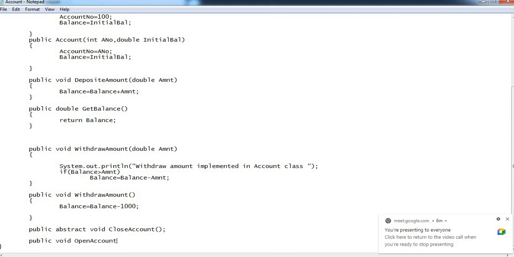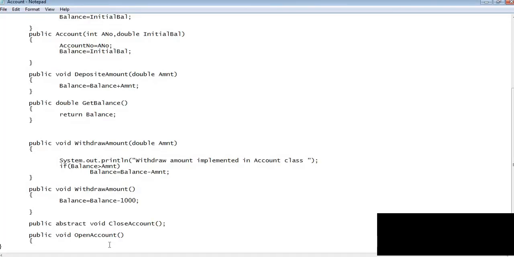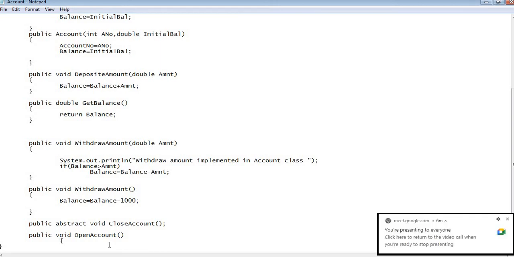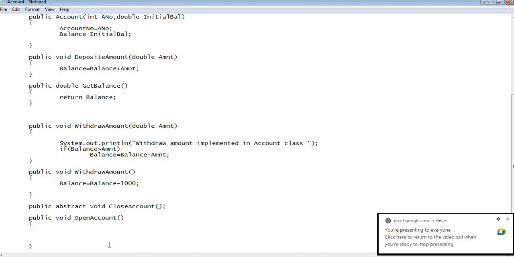So for opening an account you have to go through some procedure, right? That procedure is going to be common, hence it is going to be implemented in the parent class, and the procedure is going to be strict and the same for all.